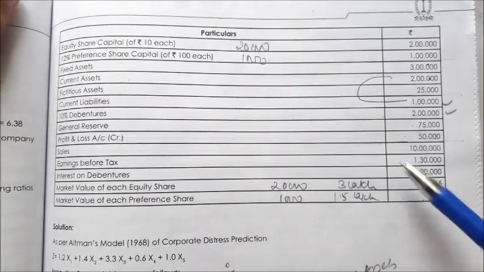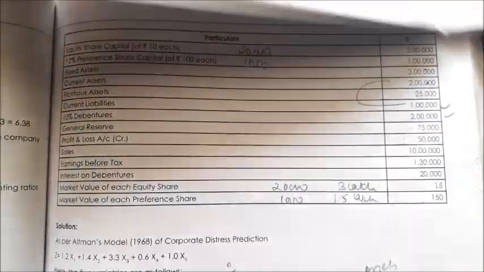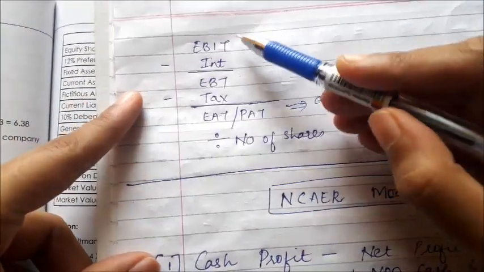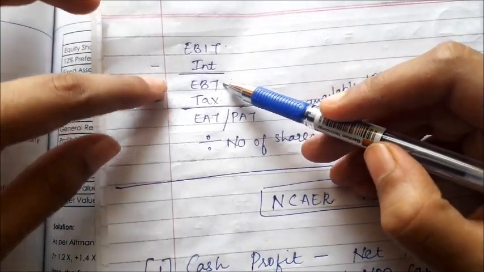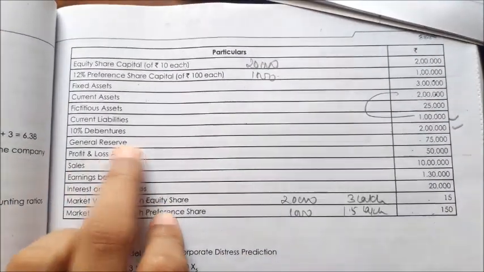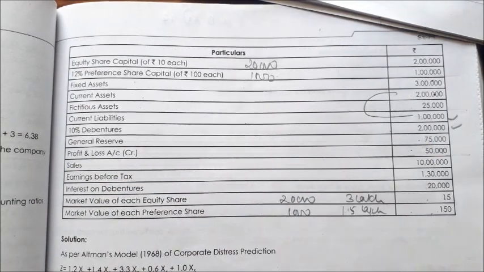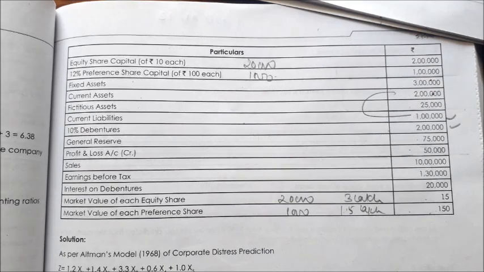Now EBIT, see whether EBIT is given. Oh, EBT is provided, earnings before tax. So we'll check that. Now we are on EBT, but we require EBIT. If we are going in reverse, then the signs would change. EBT plus interest, we will get the EBIT. For interest, there are 10% debentures of 2 lakh, 10% would be 20,000. So adding that to EBT, 1,30,000 plus 20,000, that is 1,50,000, we got EBIT.